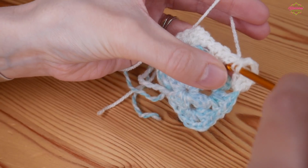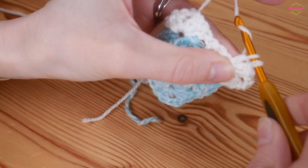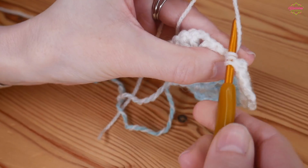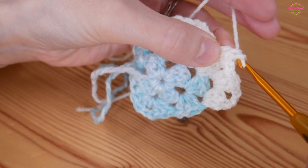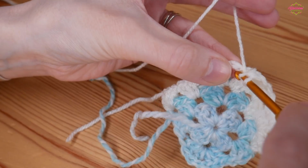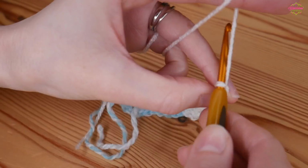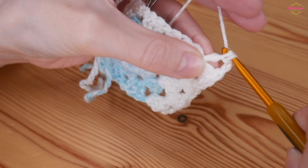So 1, 2 and 3, and again in the next space just a normal granny cluster, and then corner space, so you'll do your granny cluster, so your 3 trebles, chain for your corner space,